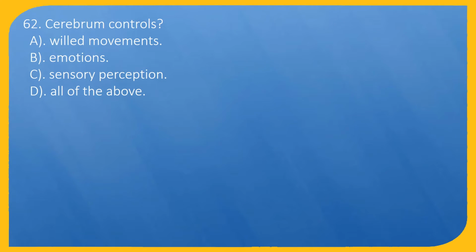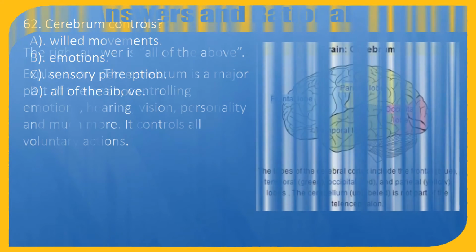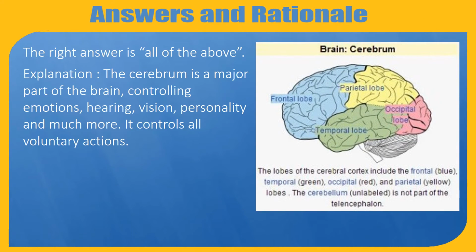Question 62. Cerebrum controls A. Willed movements. B. Emotions. C. Sensory perception. D. All of the above. The right answer is all of the above. Explanation: the cerebrum is a major part of the brain, controlling emotions, hearing, vision, personality and much more. It controls all voluntary actions,